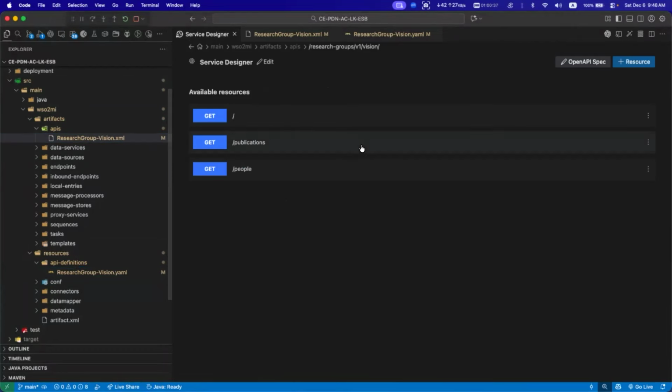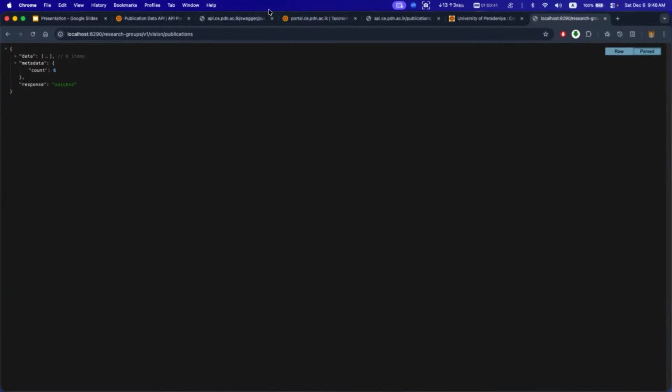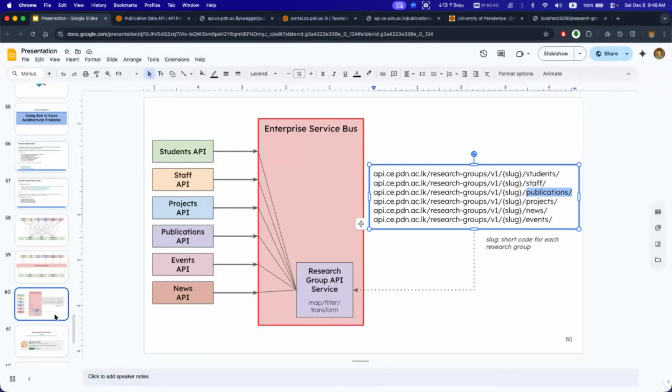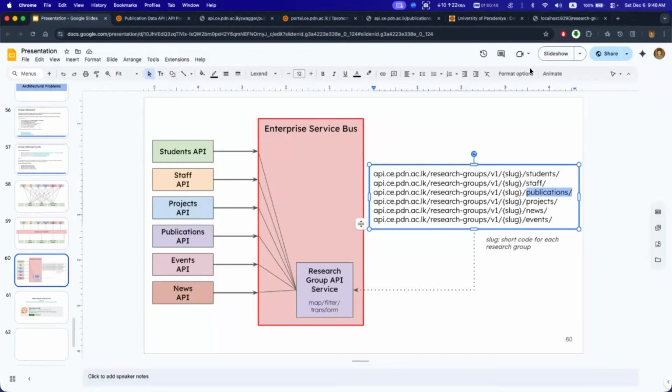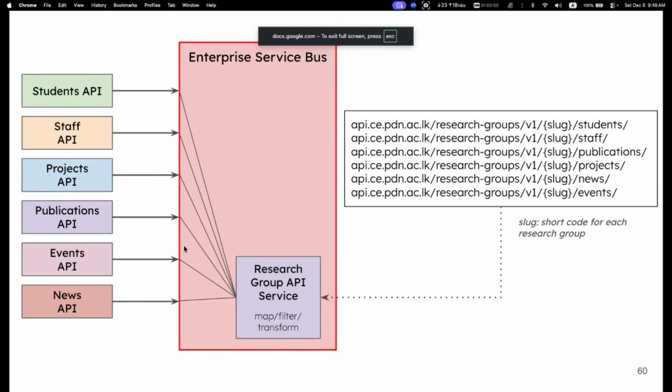Yeah, now we come to the end of the demonstration. And let's go to the slides again. So that is how we can define the enterprise service bus to map details from here to here. But now you are wondering that